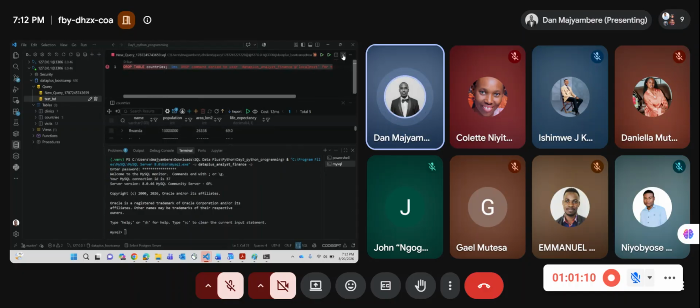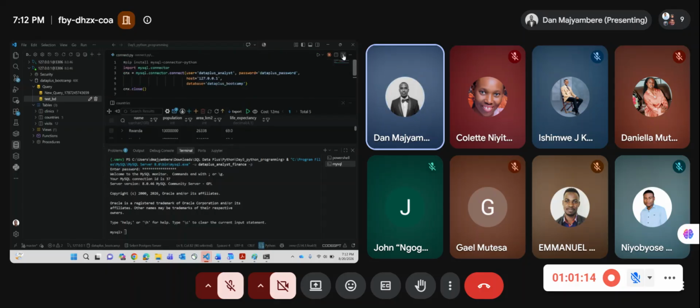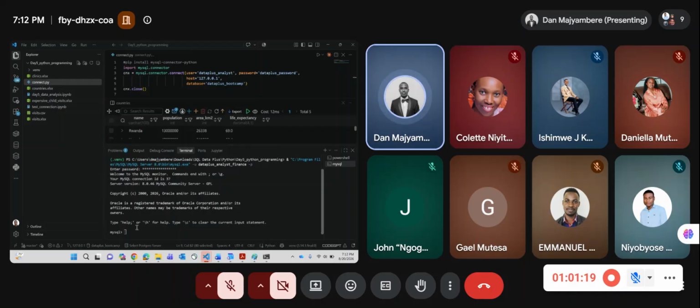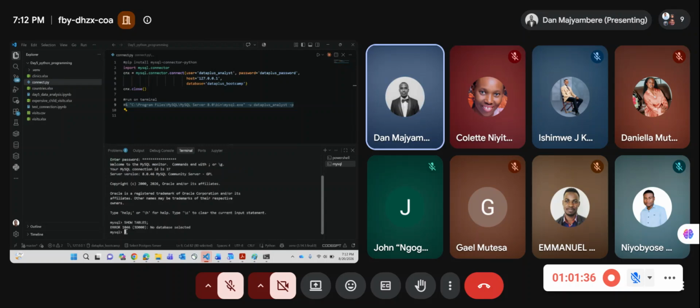If I delete this, let me remove all this, okay? So how do you know that you're inside SQL? You can see this, MySQL. I am already connected. Okay. So I can say show tables. Error, no database. Okay. Use bootcamp